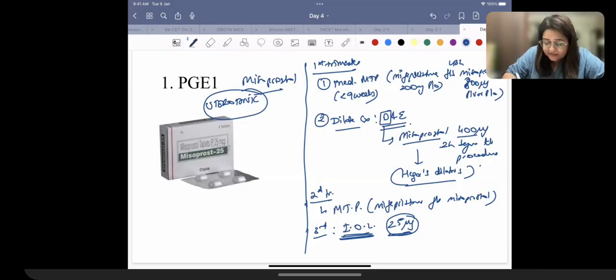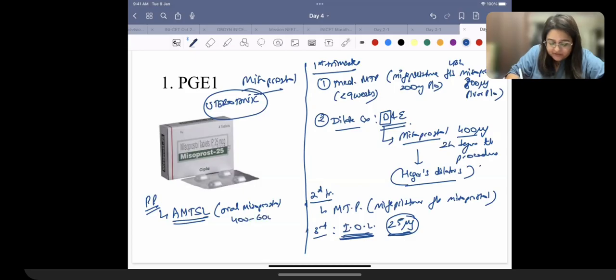ठीक है? Then in the postpartum period, where do we use misoprostol? We use it for active management of third stage of labor. That is prevention of atonic PPH. What is AMTSL? Active management of third stage of labor, where the drug of choice is oxytocin. But if you don't have oxytocin, or if you don't have anybody who knows how to give an injection, you can give oral misoprostol